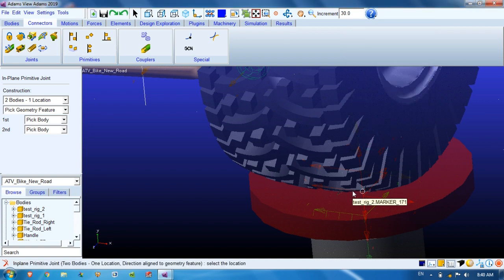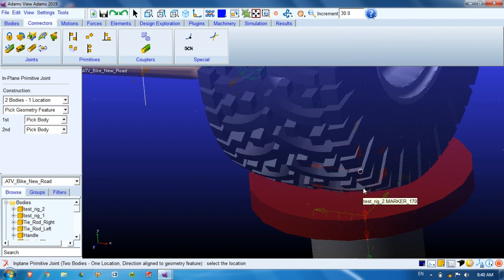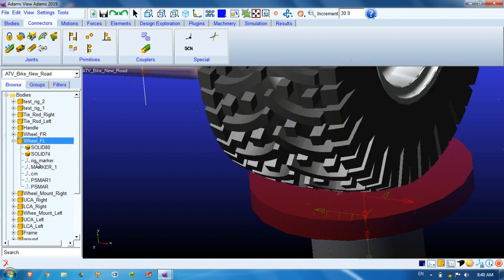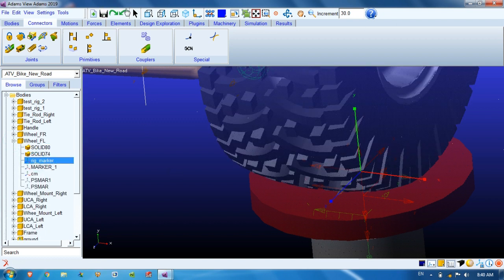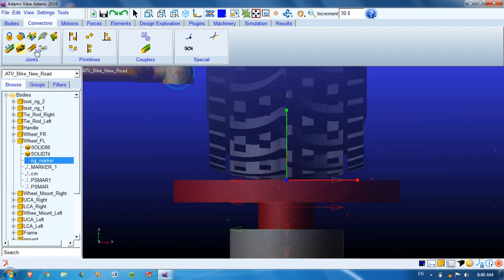The location of the joint will be at the rig marker. We have not renamed that marker name, I think, so it is the wheel FL rig marker. OK is available. I will go to the front view. Now we can visualize in a better way.